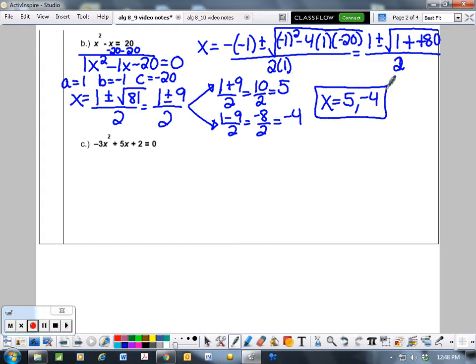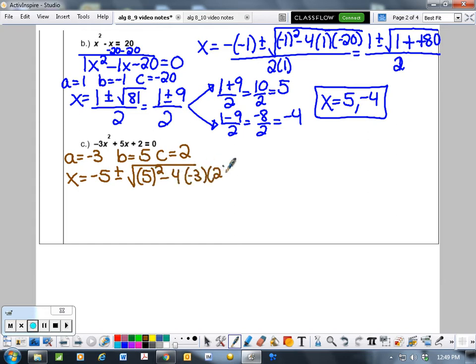So now we'll move on to the next problem. So here our a value is -3, our b value equals 5, our c value equals 2. So now we'll plug it in. x equals -b plus or minus the square root of b squared minus 4 times a times c, whole thing over 2a. So this is going to become -5 plus or minus the square root of 25 minus, let's go